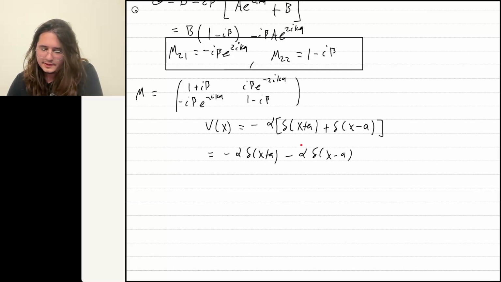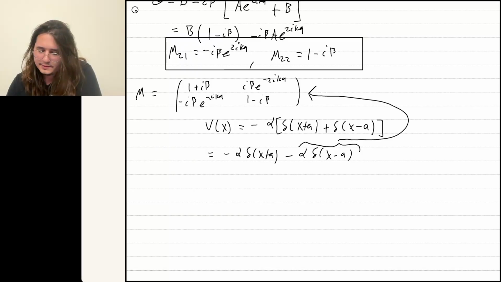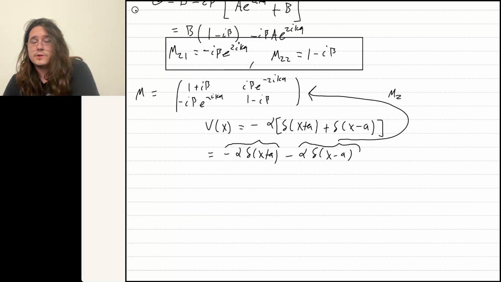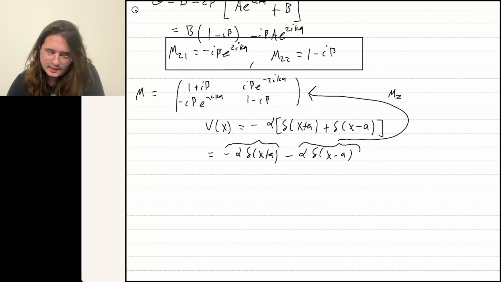because the scattering matrix for this part of the potential is going to be the same as the scattering matrix for this part. So that's going to be our M2, because it's going to be to the right of this scattering matrix. For this scattering matrix, the only thing that changes about the potential is now it's set up at x equals minus a rather than x equals a. So it looks like the other thing that's going to change are the signs of a. So M is going to be